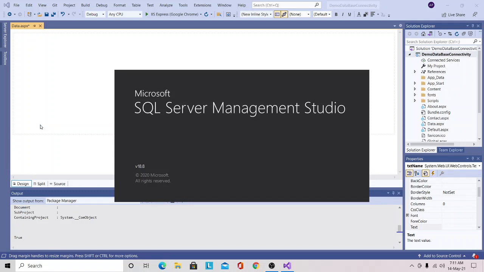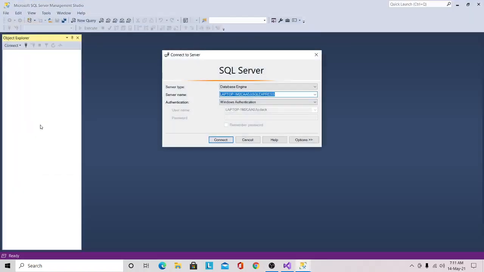This is the Microsoft SQL Server Management Studio where you can create your database. This is the server type and this is the server name. I will click on the Connect button. So here you can create different databases.